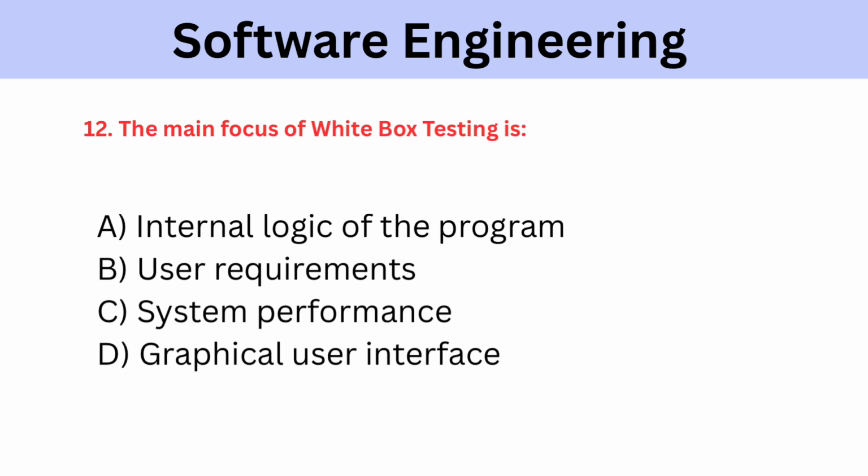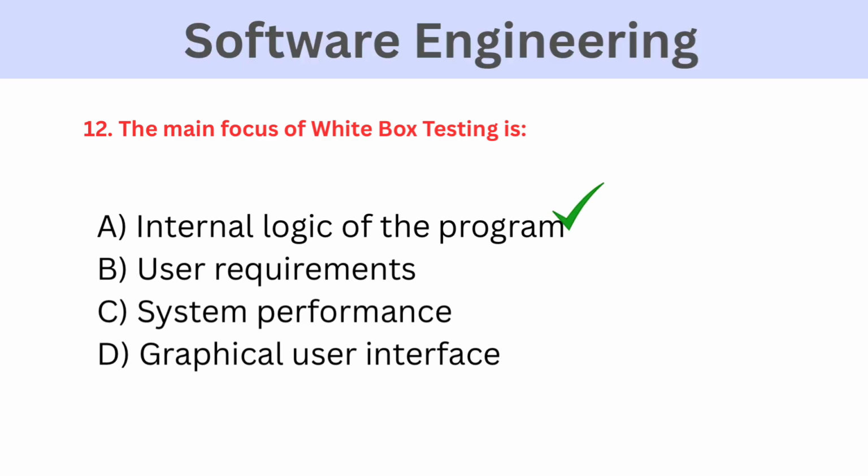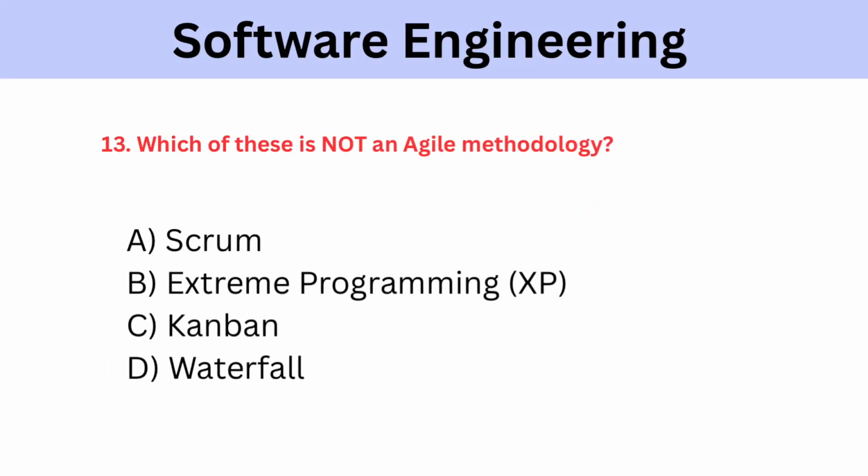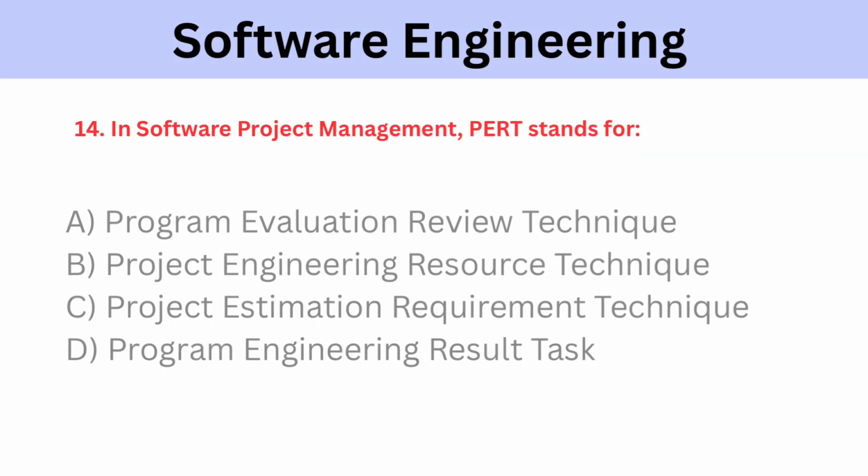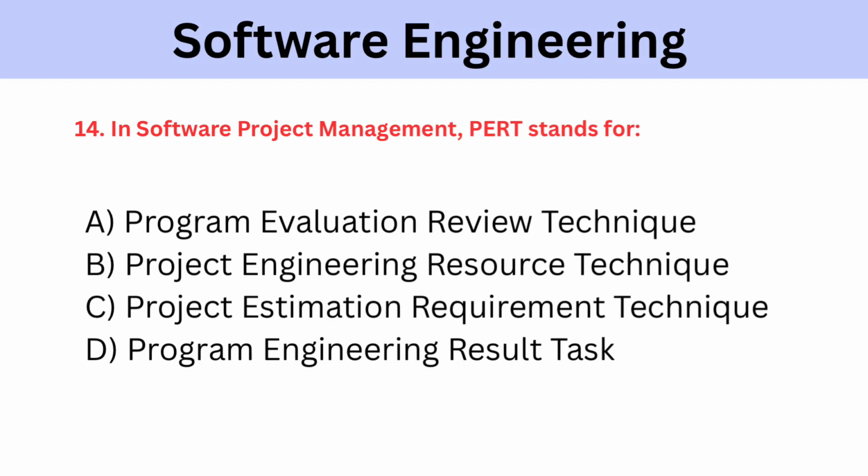A. Internal logic of the program. B. User requirements. C. System performance. D. Graphical user interface. The correct answer is option A. Internal logic of the program. Which of these is not an agile methodology? A. Scrum. B. Extreme programming, XP. C. Kanban. D. Waterfall. The correct answer is option D. Waterfall. In software project management, PERT stands for